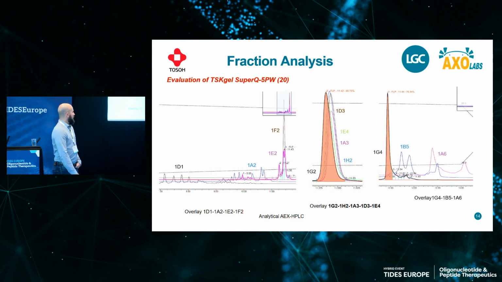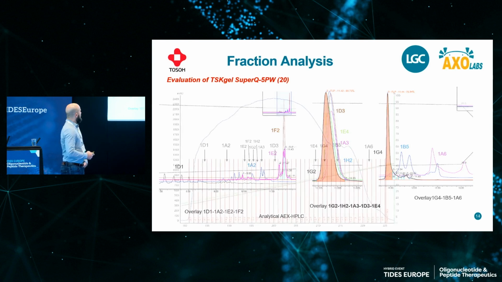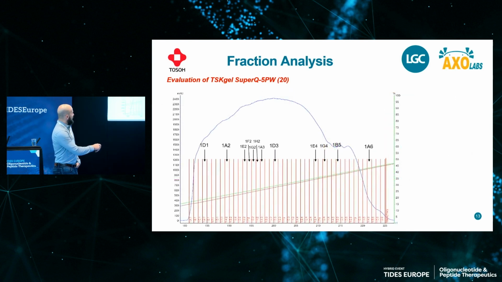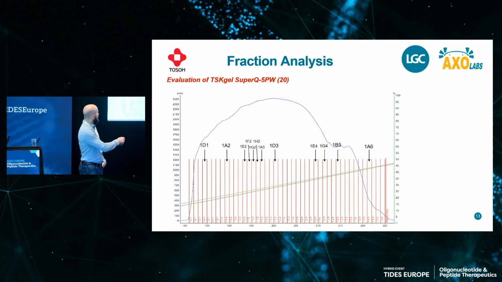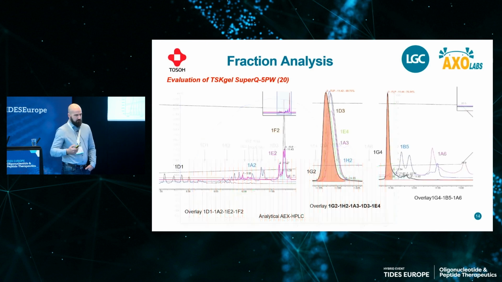So here are just a few of the analytical chromatograms. So the early eluting stuff, let's say 1D1 until 1F2. So if we just go back one slide, so that's everything here on the left. That was mainly our short mers. So just a little bit of full-length product. Everything that we had in the center, so from 1G2 to 1E4. So going back, it's from this point to this point. This is actually the pool that Axolabs pooled afterwards, and then everything in the back from 1G4 onwards didn't have